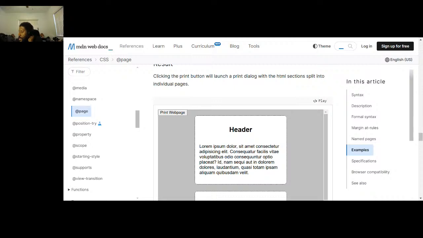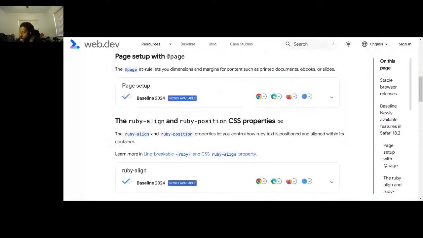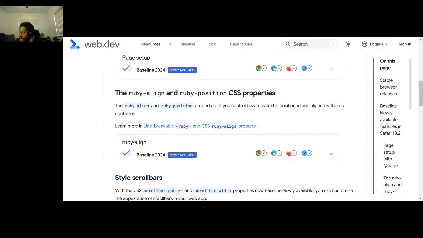Super nice. You can play around with that some more. I'm going to go and share. Okay, so we're still on that one. Share this tab instead. Now, the ruby-align and ruby-position CSS properties. See, when I saw this, I thought it was Ruby, the programming language. No, it's for when, like in Japanese, they have the katakana and the kanji, and it's on multiple lines. And so sometimes, which one was it? The one where it's one symbol, but it has different words inside of it, so you know how to pronounce it.